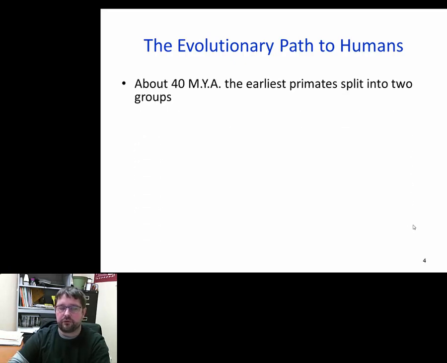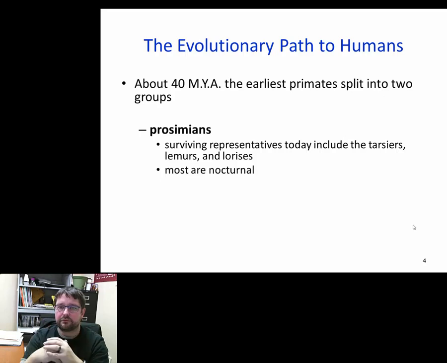So 40 million years ago or so, primates split into two main groups. You have the prosimians, which survive or have remnants of this group, are tarsiers and lemurs and lorises. A lot of these are really endangered groups of primates, but nonetheless, they occur in specialized regions a lot, like Madagascar, where you're going to find lots of lemurs, because they've been separated for a very long time, probably prior to Madagascar being an island is probably when they made it to those regions and then they broke off.